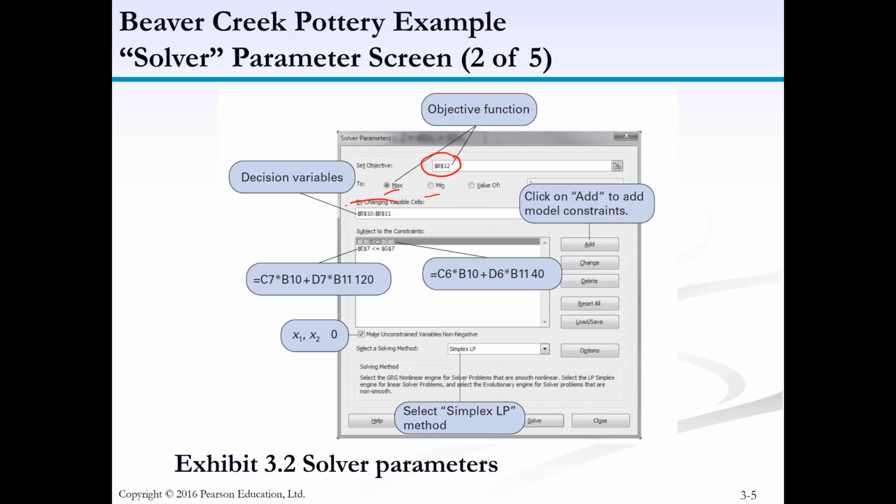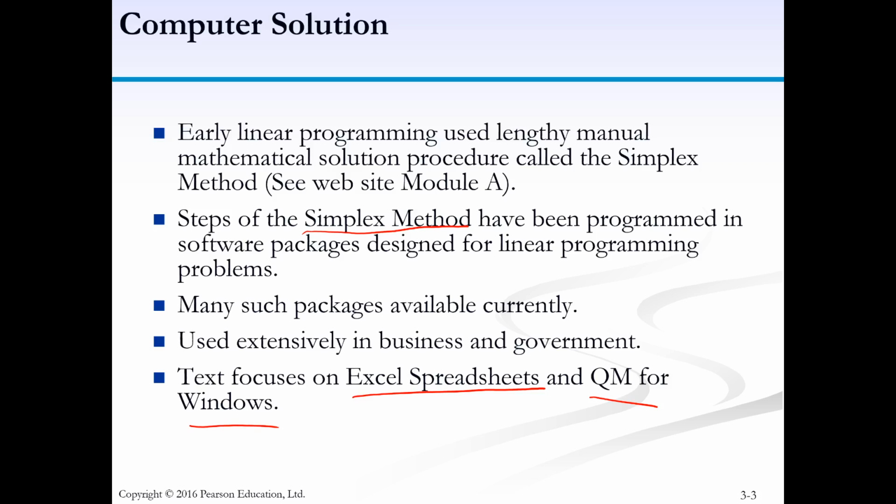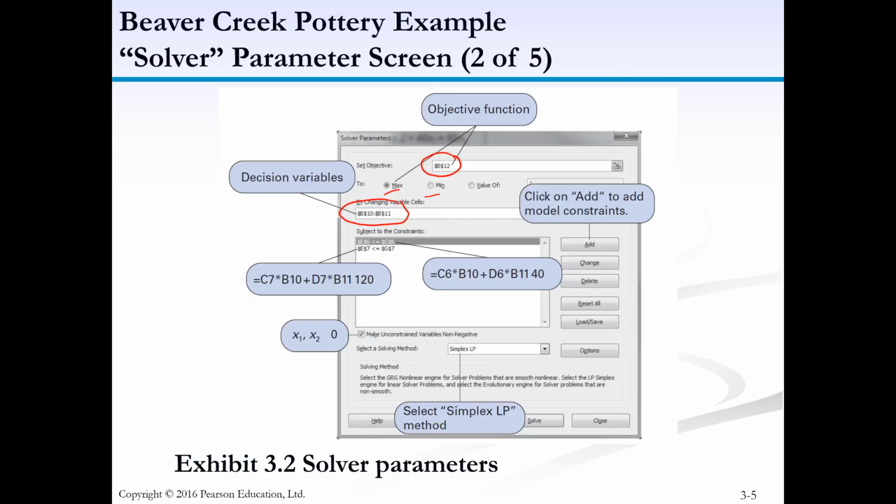And here, by changing variable cells: if I go through the previous, the variable cells were number of bowls and number of mugs. So we just fill these in as variables. And then there are constraints here. There are two constraints. If we go back, the constraints were